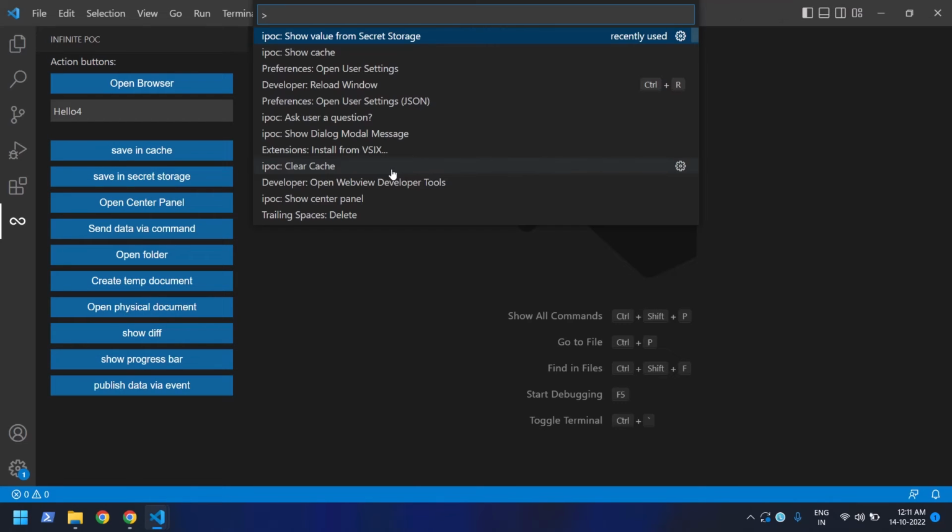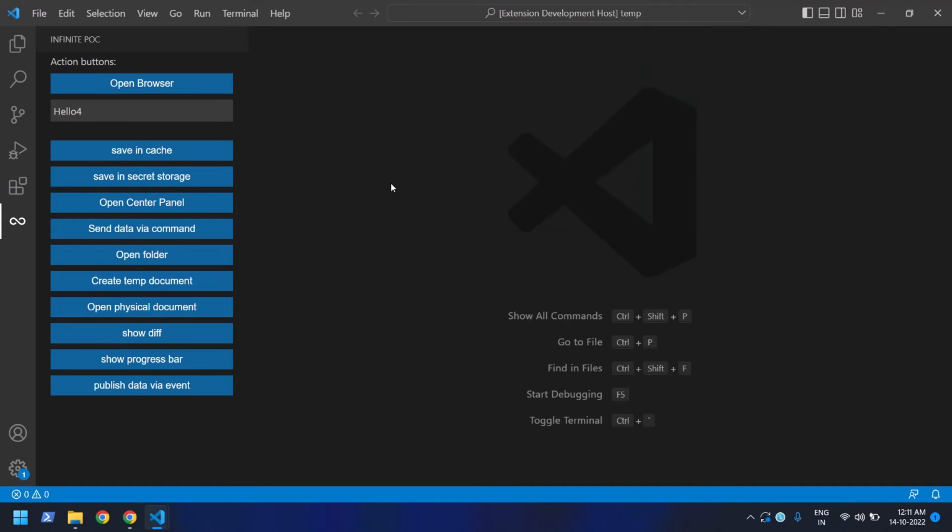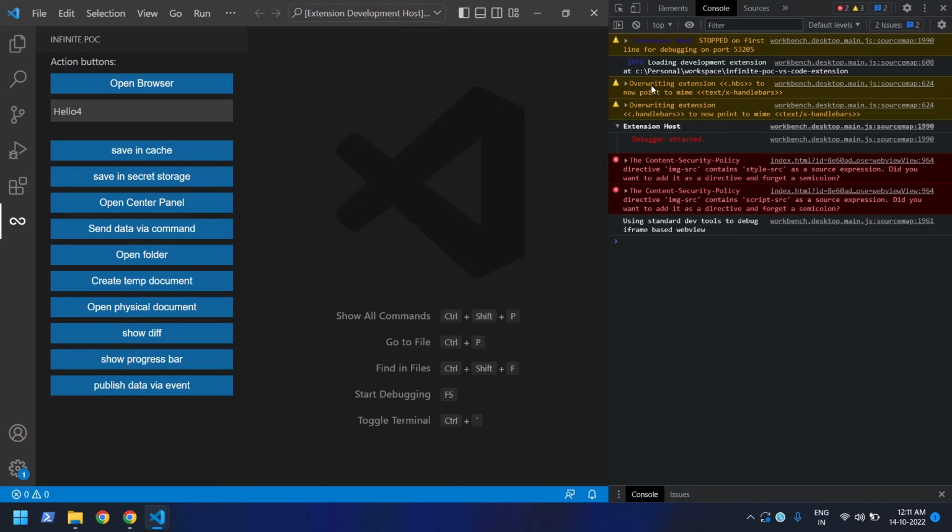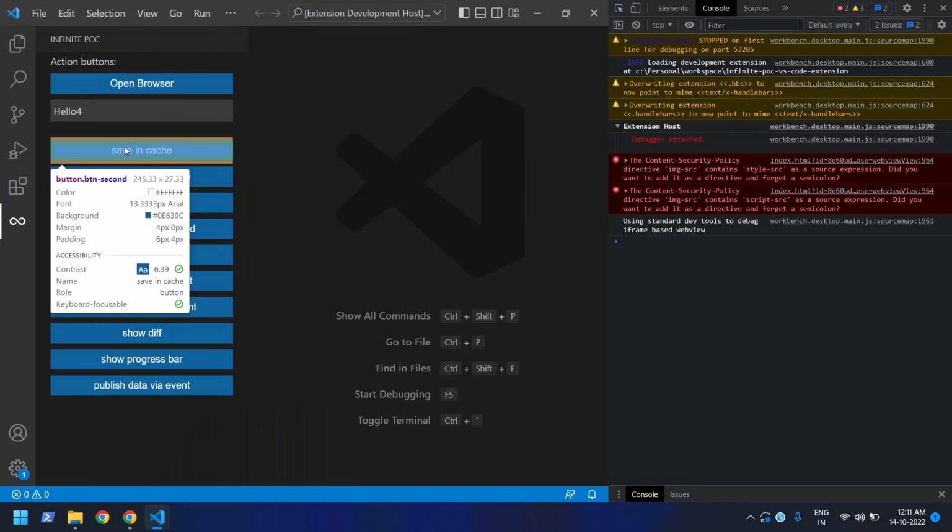So you press F1 and there is a developer tool. It's here. I need to type it. It's the bottom third. Developer open web view and it's opening here. You can see it's showing me security something and console, and I just use this tag and if I mouse over,